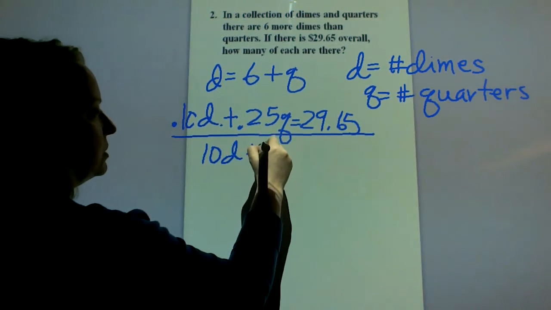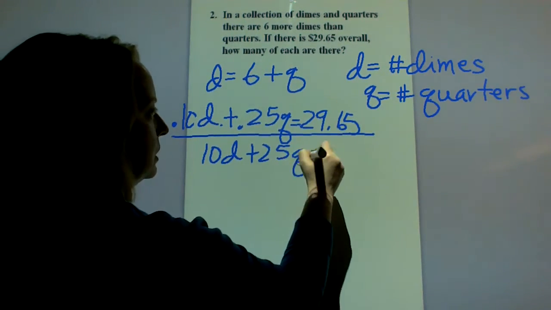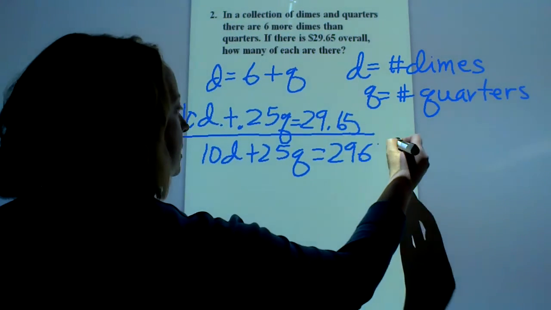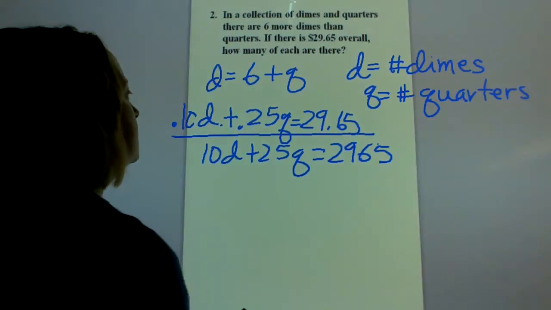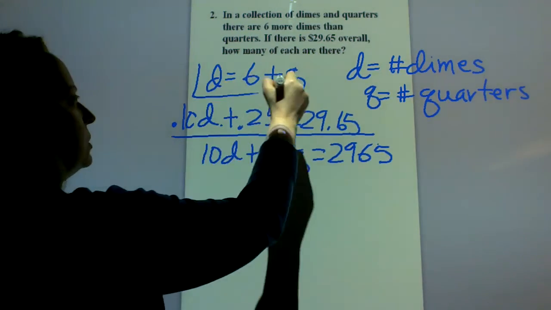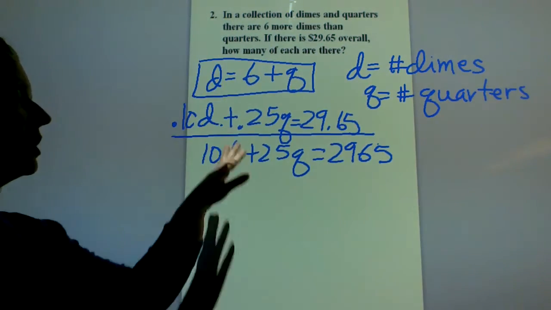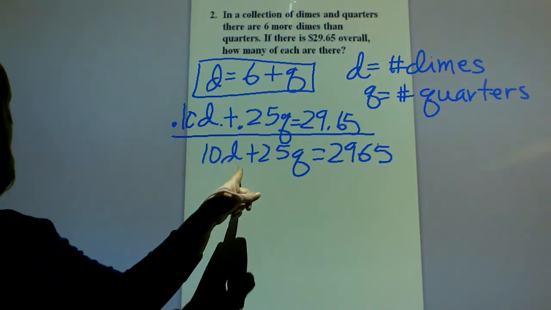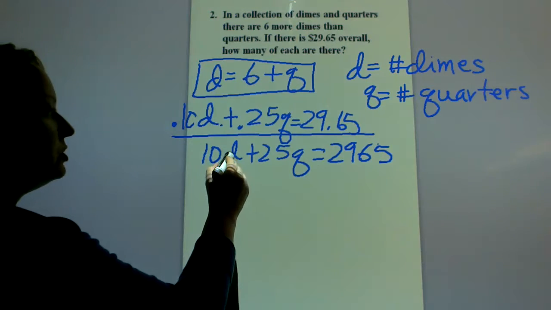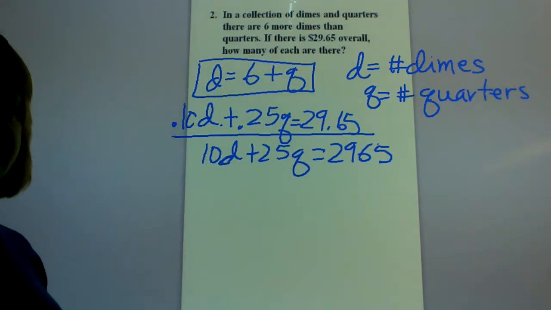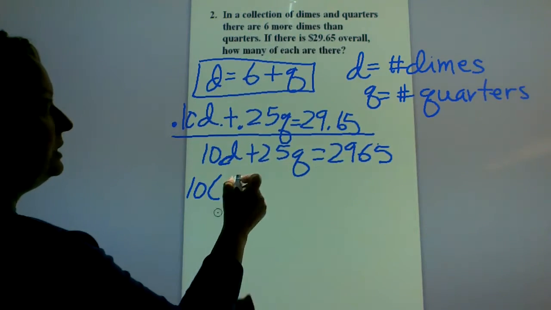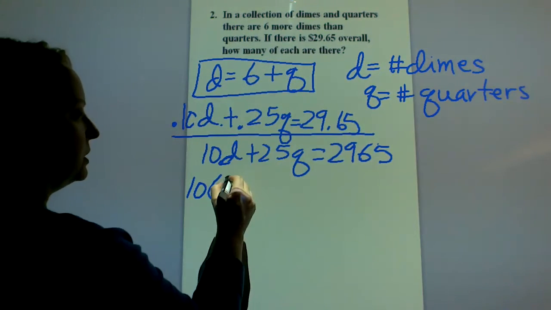10D plus 25Q is equal to 2,965. And then the next thing I want to do is take this D value here and sub it in right here. We're going to use the substitution method to find the answer. So instead of D, I'm going to put in 6 plus Q